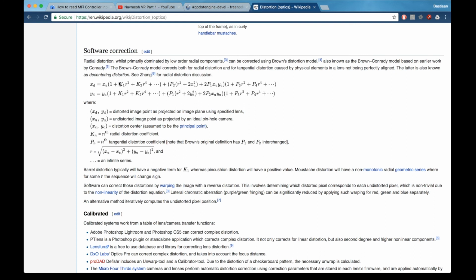It applies a constant to the power of 2 of the radius, the distance between the center of the lens and the point that you're looking at. Then it takes the power of 4, applies the second constant, then the power of 8, and so on and so forth,